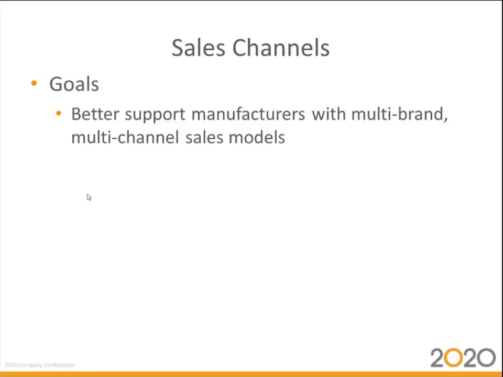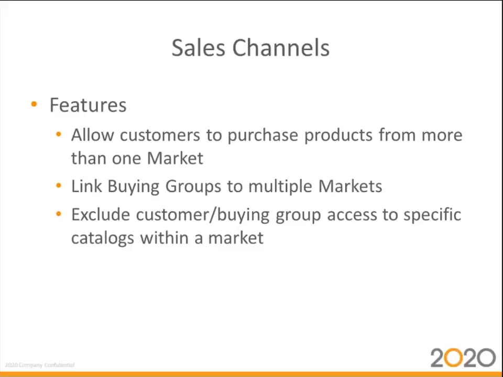And so essentially all we really did is allow customers to link to more than one market and buying groups to link to more than one market, so that hopefully if you have this particular situation, it reduces the number of catalog versions you need to maintain. You don't have to duplicate data and wait as much in order to achieve that type of control for the customer,